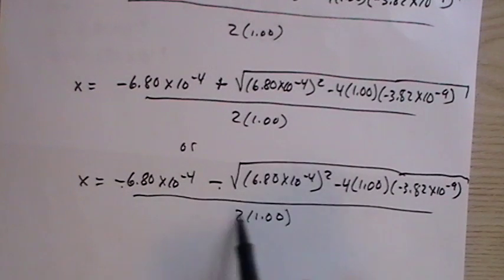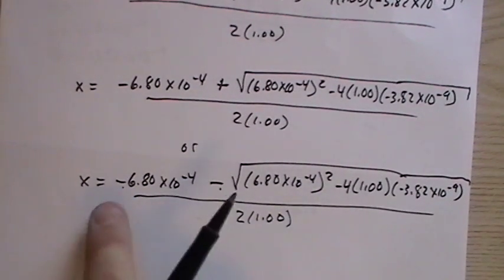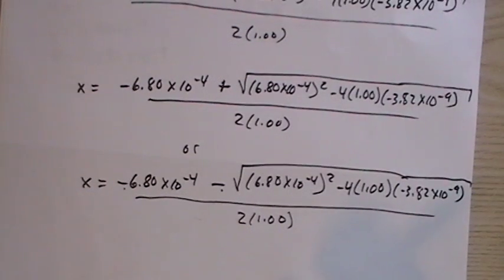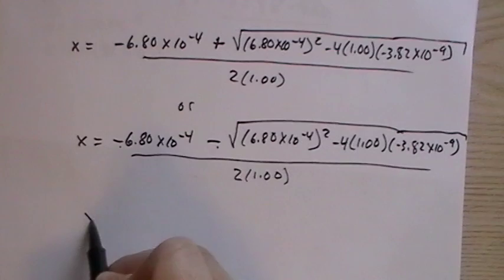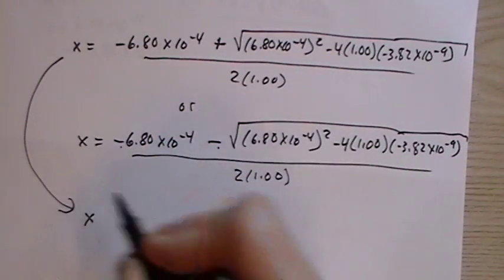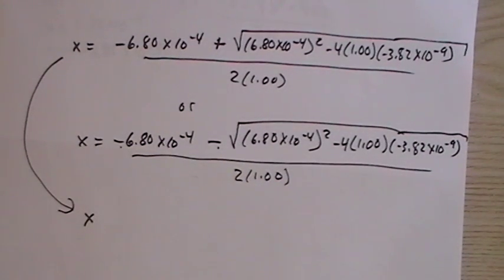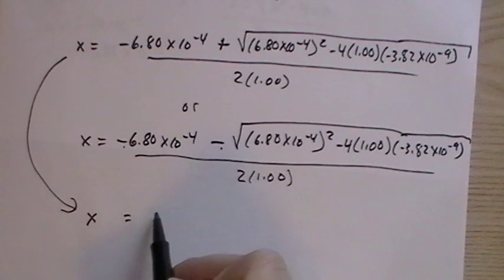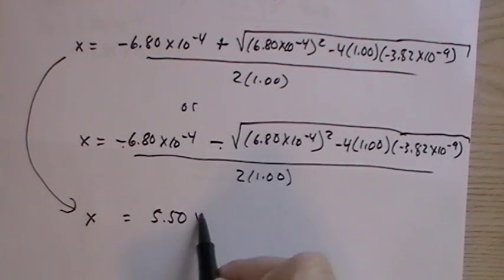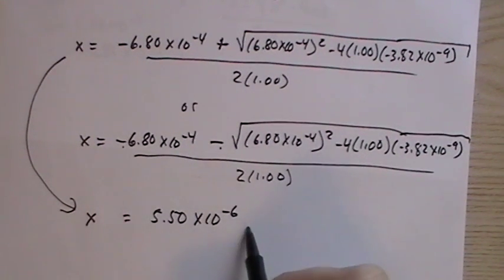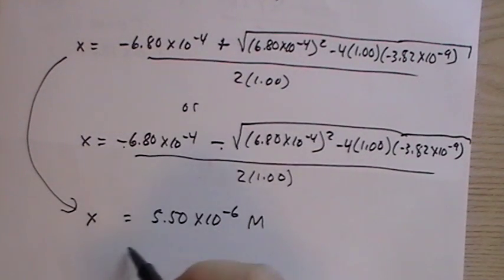So there's really no reason to go any further with this answer, because we know that it's going to be negative. And we can't have a negative concentration. But we'll work it all the way through. So this is x for here. This one is 5.50 times 10 to the minus 6 molar. And then x is equal to,